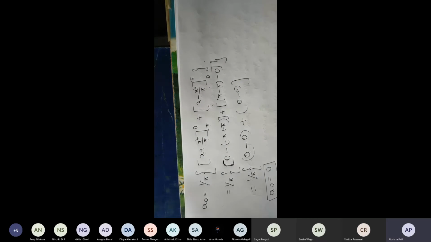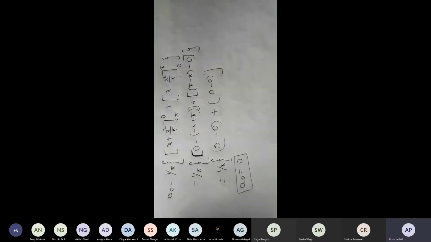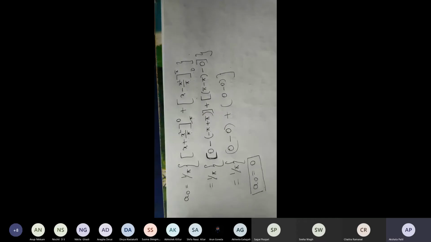A naught value is what? See, this is an even function. Even function means the Bn term is strictly 0. But a naught and an may be 0. Sometimes you are getting some non-integer terms, in place of 0, like 2 by 3, pi square. But in this particular example, a naught you are getting 0.